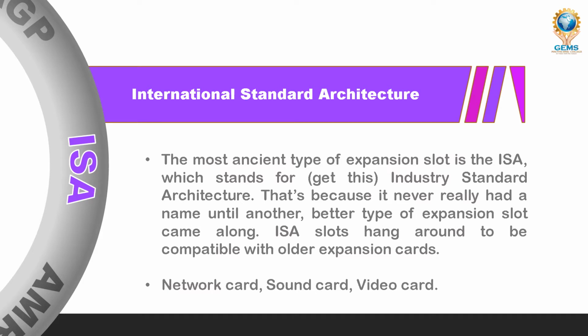The 16-bit ISA bus was also used with 32-bit processors for several years. To extend it to 32-bit, it was called Extended Industry Standard Architecture, meaning EISA. The 16-bit was extended to 32 bits, but it was not really very successful. However, later buses such as VESA, that is local bus, and PCI were used instead of the ISA slot.